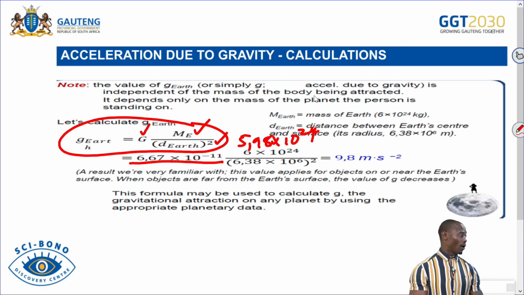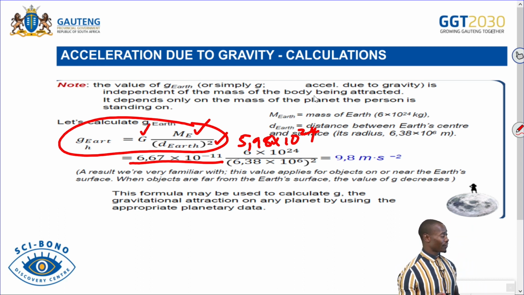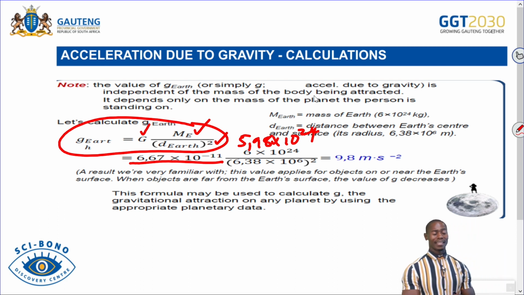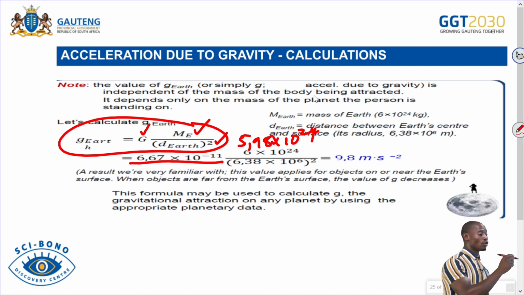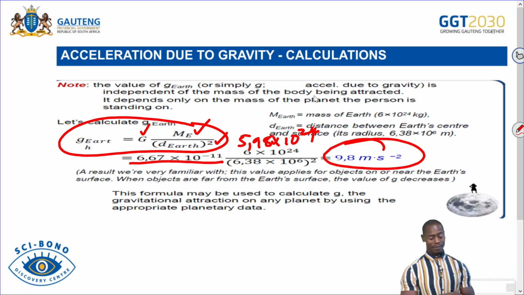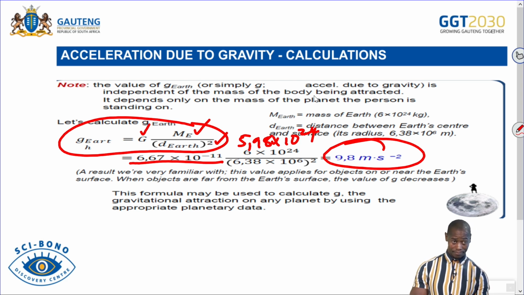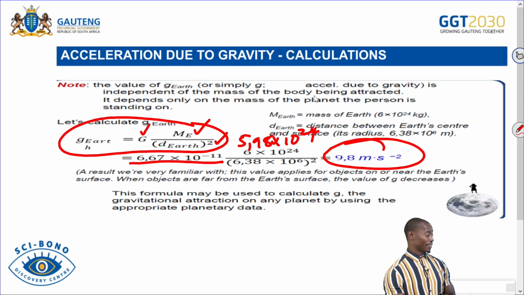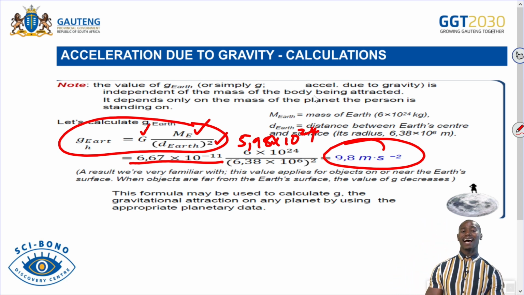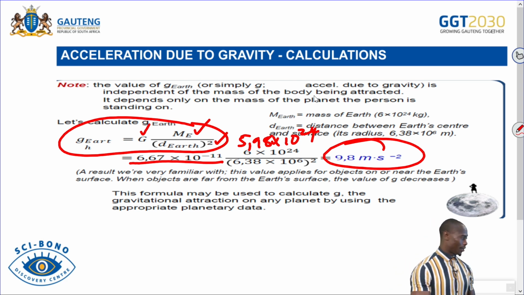which is approximately 6 times 10 to the power 24. The radius of the Earth is 6.38 times 10 to the power 6, but it's all squared. So when you calculate there, you will get 9.8 meters per second squared, right? 9.8 meters per second squared. So please be careful, learners. When it comes to this equation, that M is the mass of the planet, that r is the radius of the planet. Okay, then